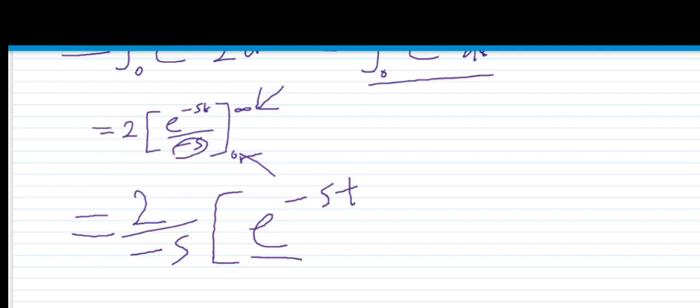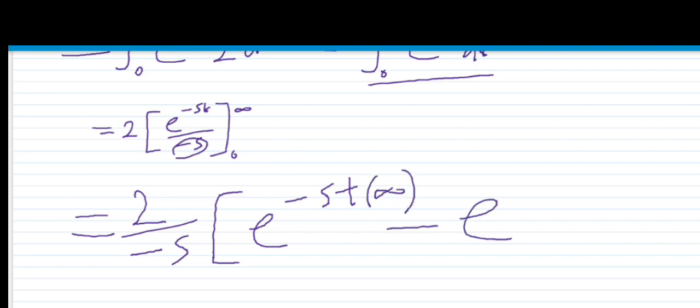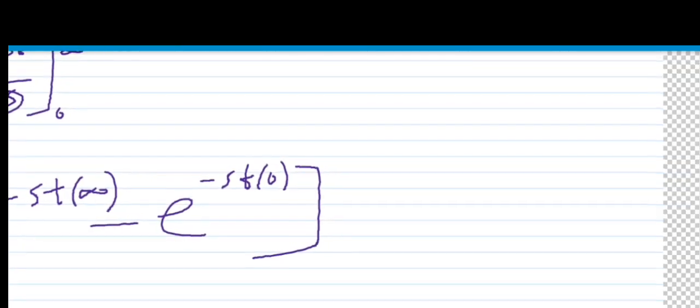So what we have is infinity, then minus e raised to power minus st, then 0. Then that gives us equal to